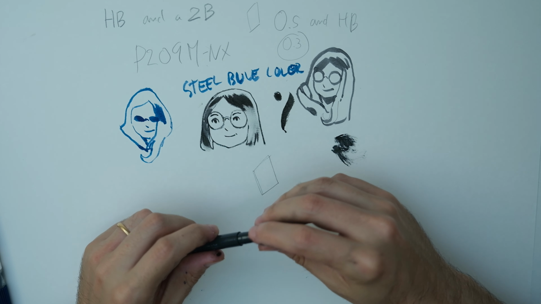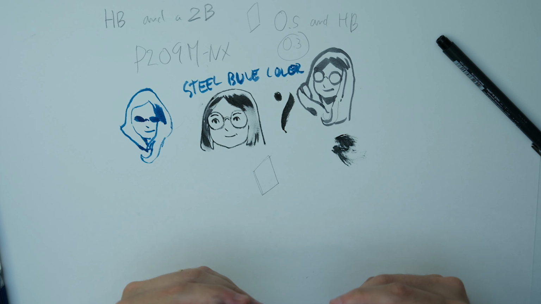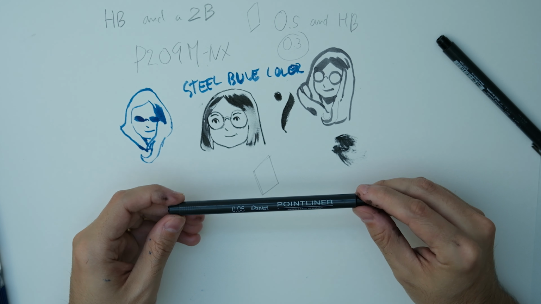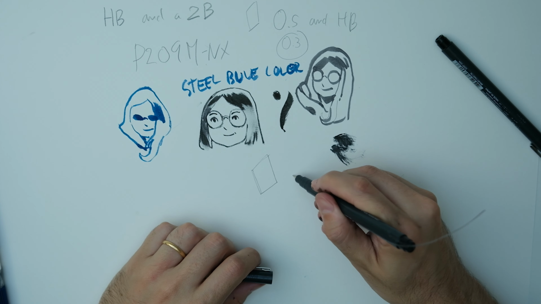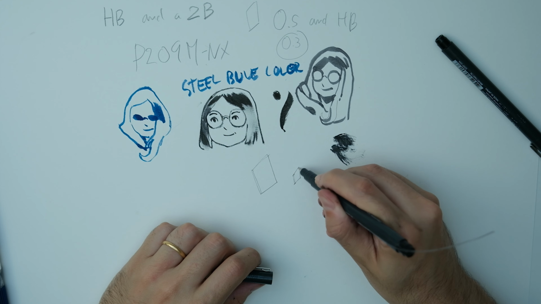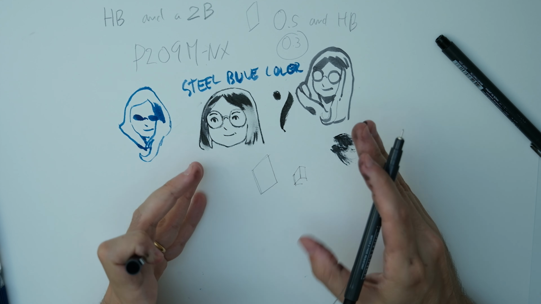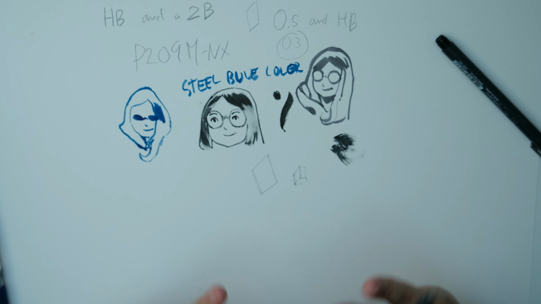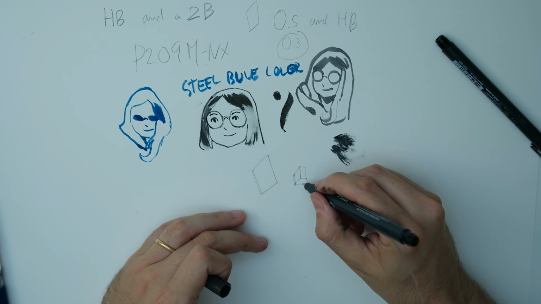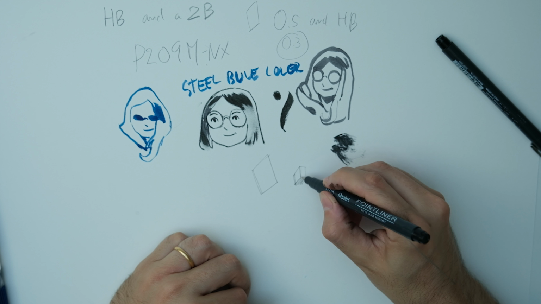The other thing I want to talk about is the fine liner or point liner. What I use the most is the Pentel point liner. This one is a 0.05 tip. You've probably seen it. It's what I used to do that travel sketchbook. Essentially what it does is that it does a line with the same weight, no variability. It's a very technical pen in that sense. So I really enjoyed using it for my